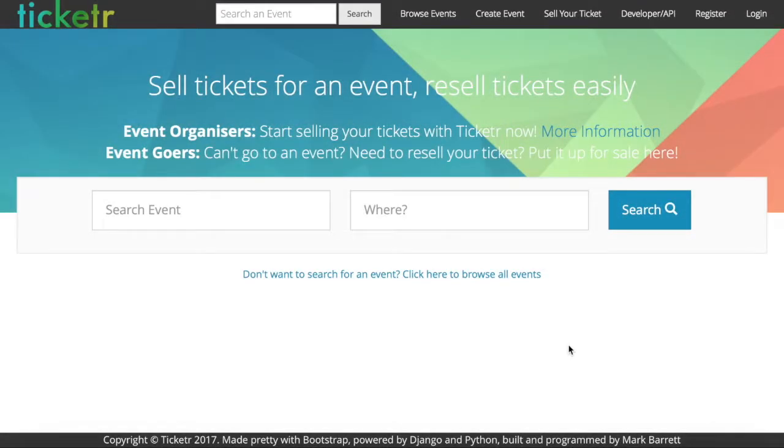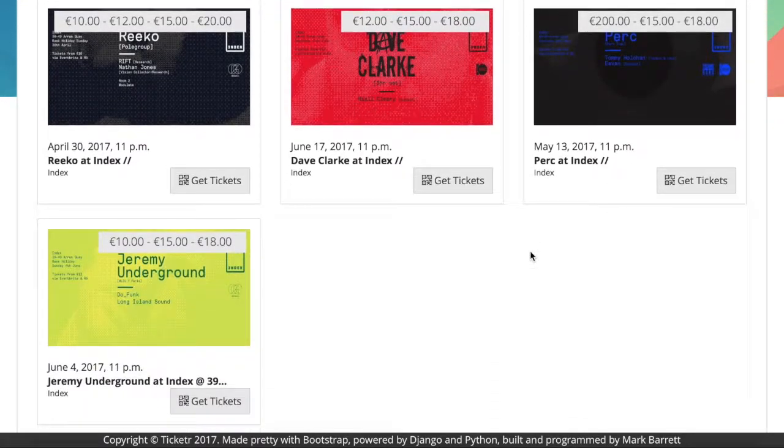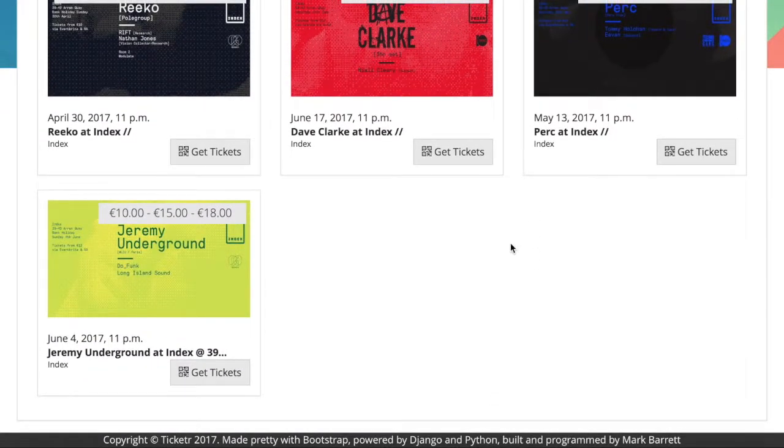So now on to a demo of the site. From the get-go, you can see that the Ticketer website gives some information to event organizers and event goers. And underneath is a search bar. So you have to give a search query, so I could put the letter D in or something like that, and put in the word Dublin for the location, and press search, and it gives me a list of all the events in Dublin with that